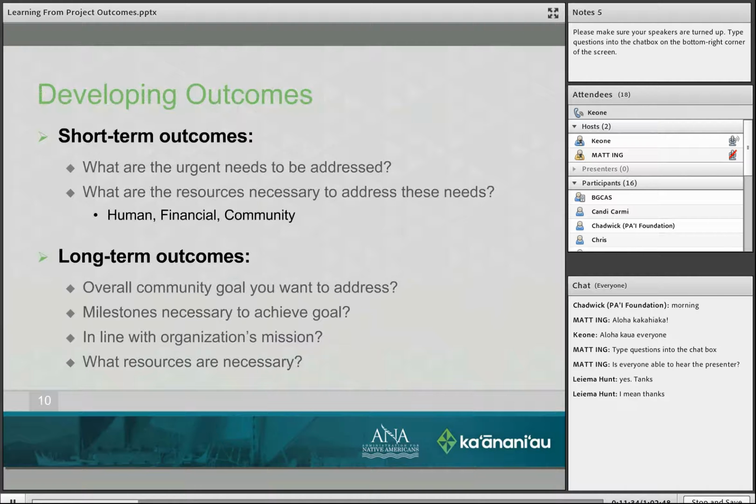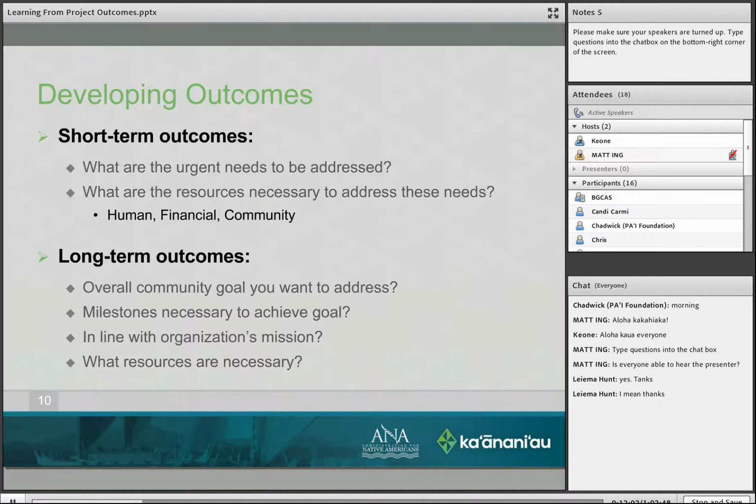Now, developing outcomes, and there are some things that are different between short term outcomes and long term outcomes. One of the things in developing short term outcomes is that you have to look at what are the urgent needs of the community that need to be addressed. That is really important because, again, this is the urgent need.